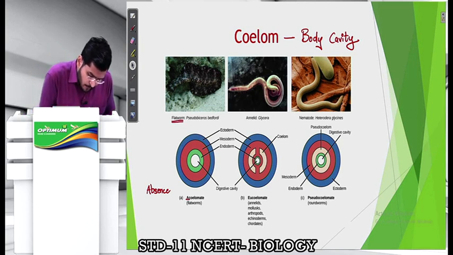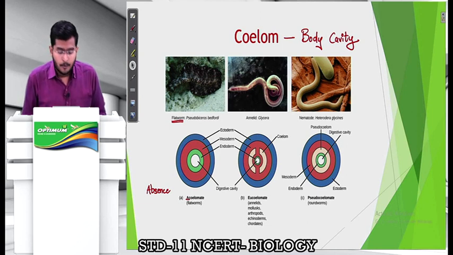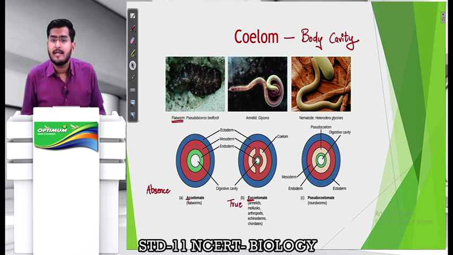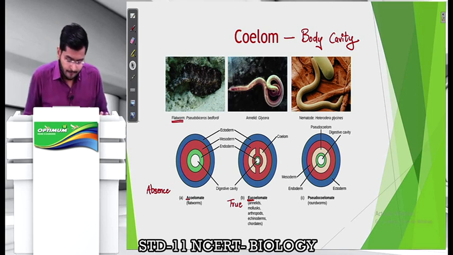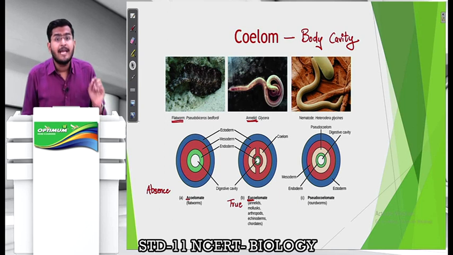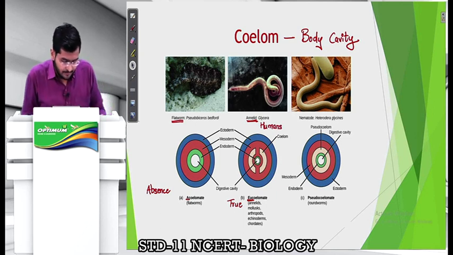We have taken the example of flatworms. Flatworms do not have a true body cavity, because of which these organisms are referred to as acoelomate. Okay, now let us talk about the next type. You have something called eucoelomate. U stands for true. So these are those organisms which have a true body cavity. For example, annelids, earthworms are the best example. So they have a true body cavity. Also, humans are eucoelomate because we do have a true body cavity, right?